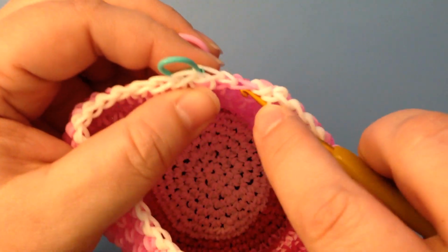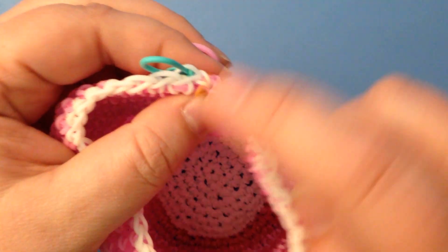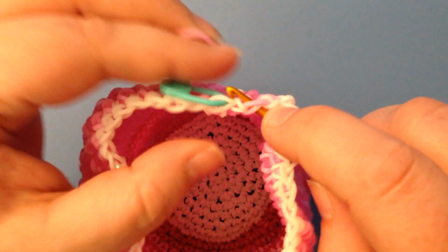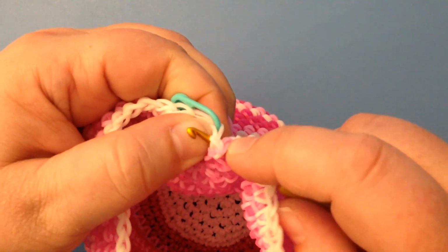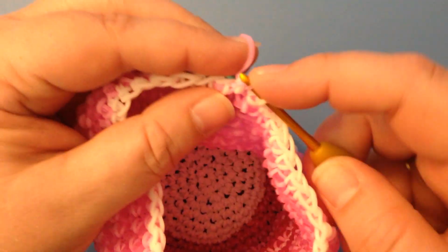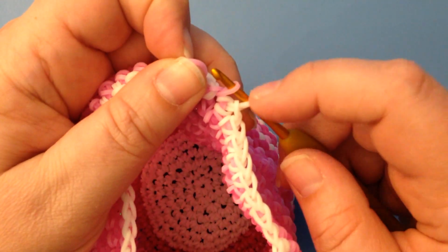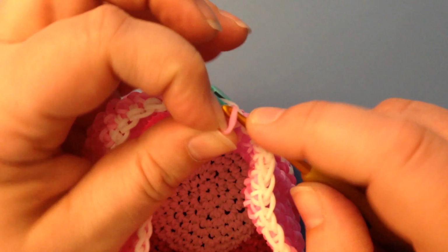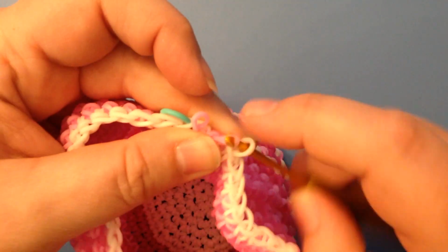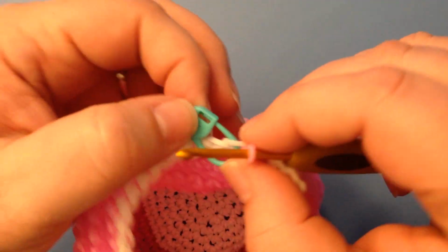So what I'm going to do, I'm going to go through, and I'm working the front post, so I'm going through the stitch that I've just gone through. I've got to skip the little slip stitch and come out the first stitch, and it's a little bit tricky because you've got this bulkiness of the slip stitch ahead. Now because we're doing a colour change, I have to add this loop to it. So add the loop. I'm doing a slip stitch in the front post, really, not a single crochet in the front post. Let's try that again. There we go. And I'm going to put my stitch marker on this,